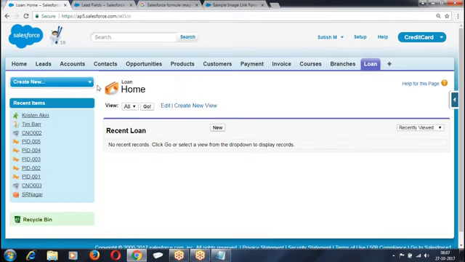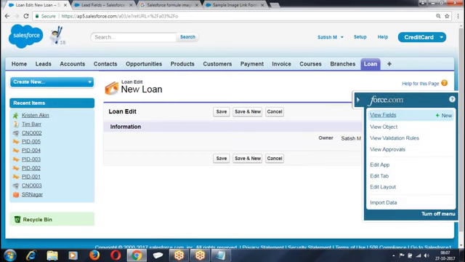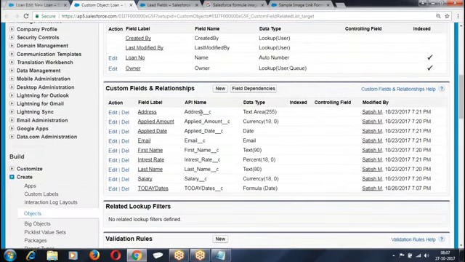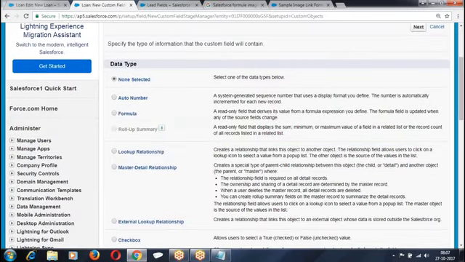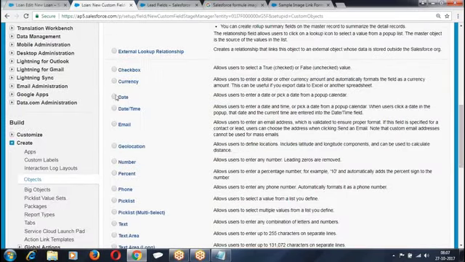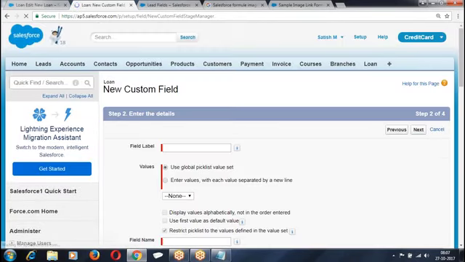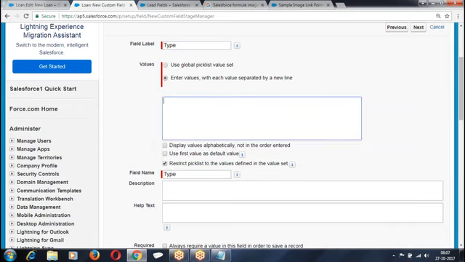We have a loan object. In the loan object, I am going to create a couple of fields. There are already so many fields, but why are you not able to see them? Any field created using schema builder will not be visible on the page layout. Type of loan.